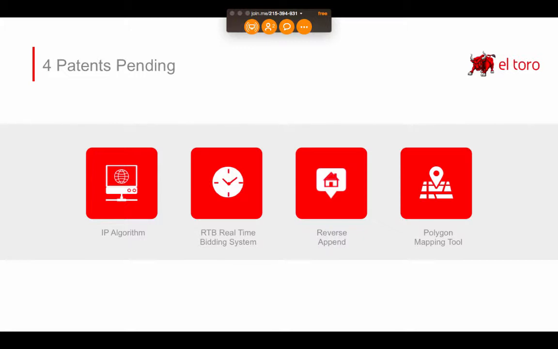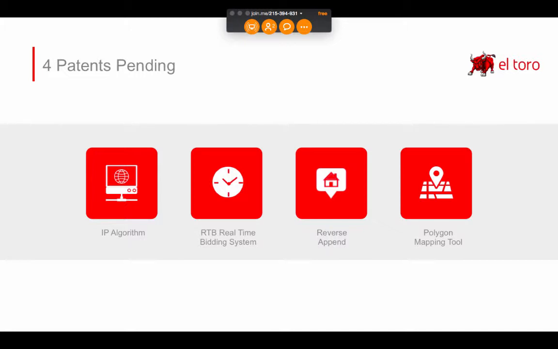Now, one interesting point about this is that this is all happening in fractions of milliseconds. And what we've been able to do with our system is actually get more bids and more quality impressions because we're faster in fractions of milliseconds. So our third patent is on our reverse append, which is very similar to retargeting, except it's a tangible physical